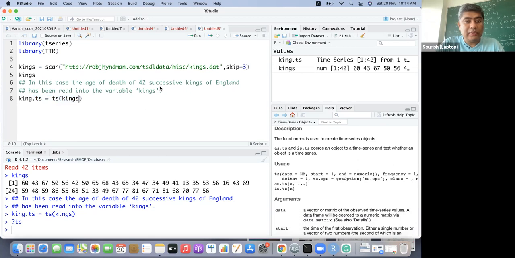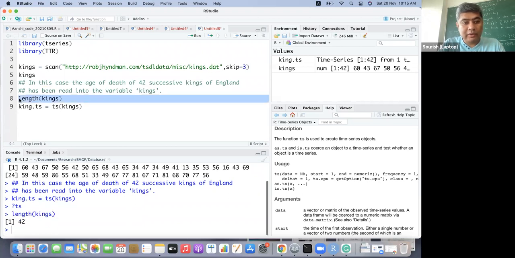So there are 42 successive kings, so there must be 42 values. If I check the length of kings, we see that there are 42 values.